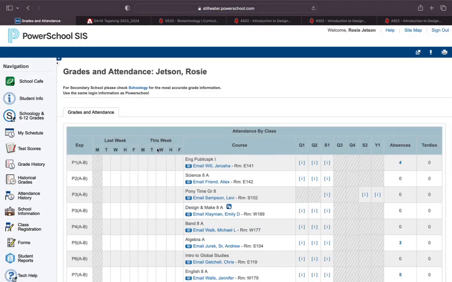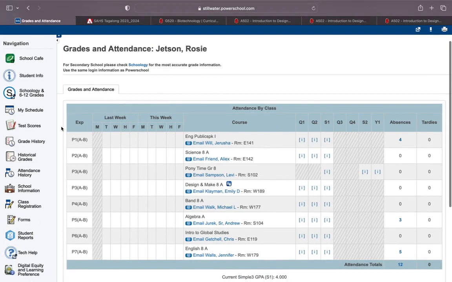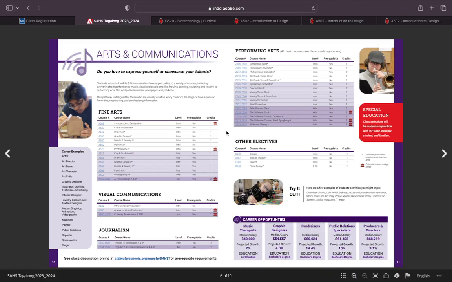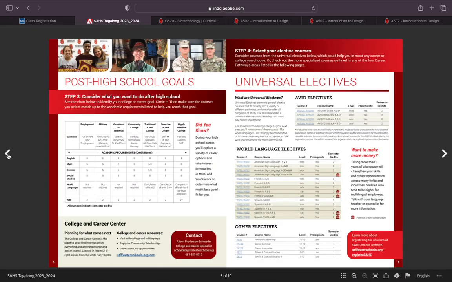Once into your student PowerSchool account, you'll then head down to class registration on the left-hand side. Click that link. Once here, there's a few things to note at the top. If you click on this link, it will take you to our Stillwater Area High School 2023-2024 Pathways and Registration